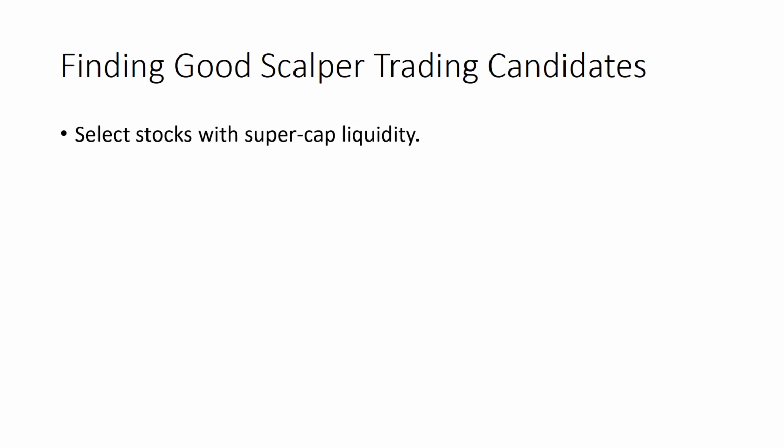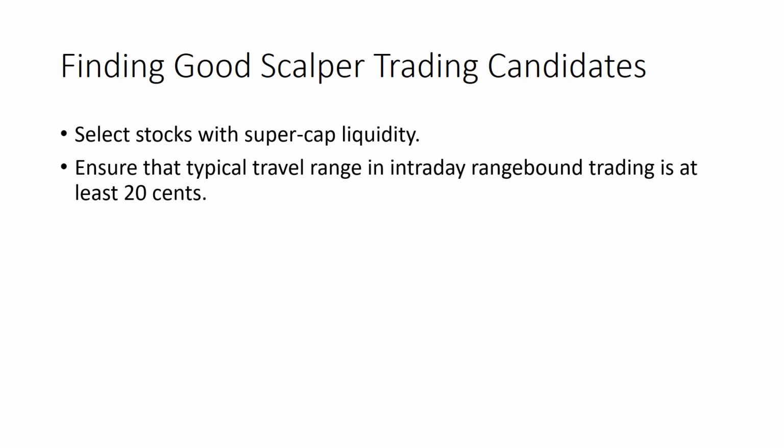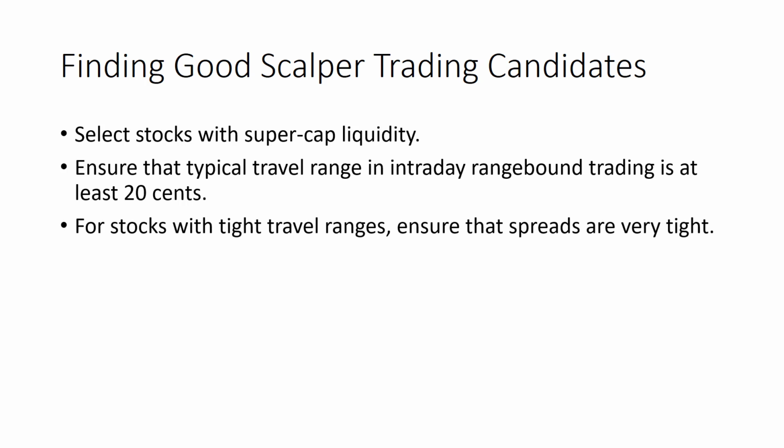So that's the kind of stock that we're looking for when we are considering what to include in a supercap trading plan. I want to make sure that when the stock is trading in intraday ranges, this is what we're going to focus on here, finding little ranges that the stock tends to trade in, that it's got at least 20 cents of motion within that range, because that's going to be our sweet spot, trying to pick off 20 cents at a time and doing it over and over again.